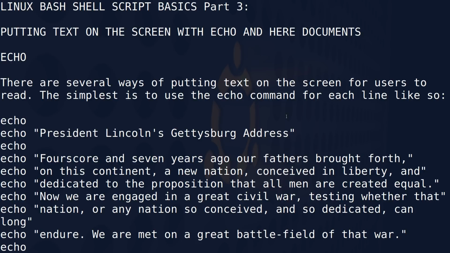This is part 3, and in this video we're going to talk about nifty ways that you can put text on your screen. We'll also look at having your scripts create log files so you can keep up with what they're doing, especially if they're running in an automated environment. We'll look at creating loops to make them do things again and again, and then we will get into menus and using the read command so that you can create truly interactive scripts that act like programs and not necessarily just like simple commands that you type into the terminal, they do their thing, and then return you to a